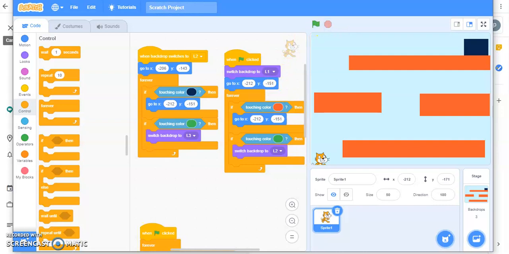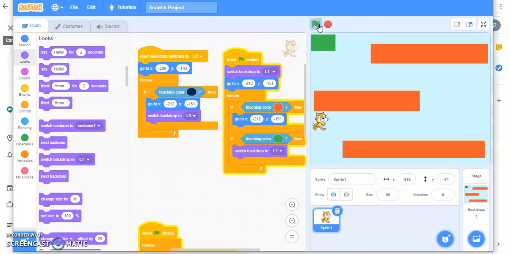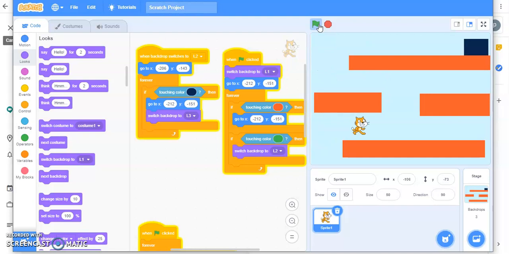to run this again. Test once again. After making the changes, always click the refresh. How to refresh? Always click on the green flag. Now this is the second level.